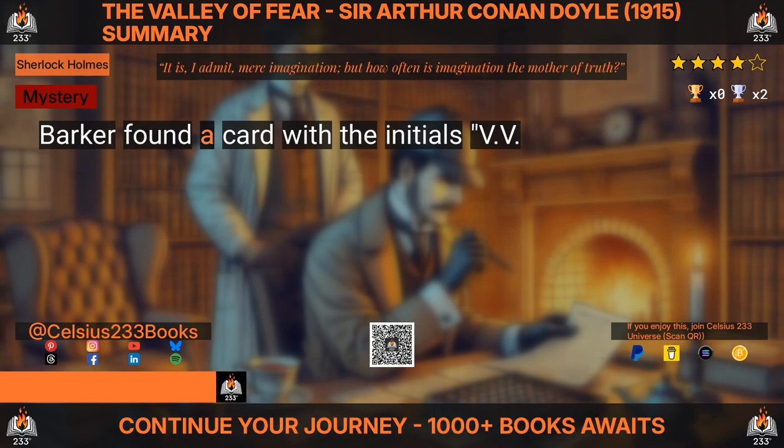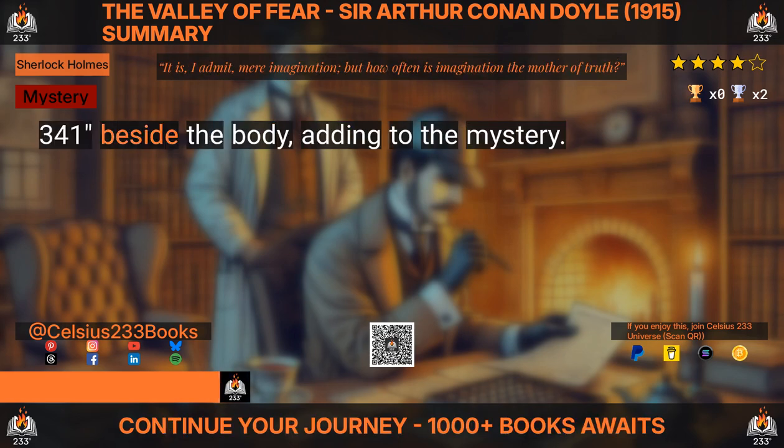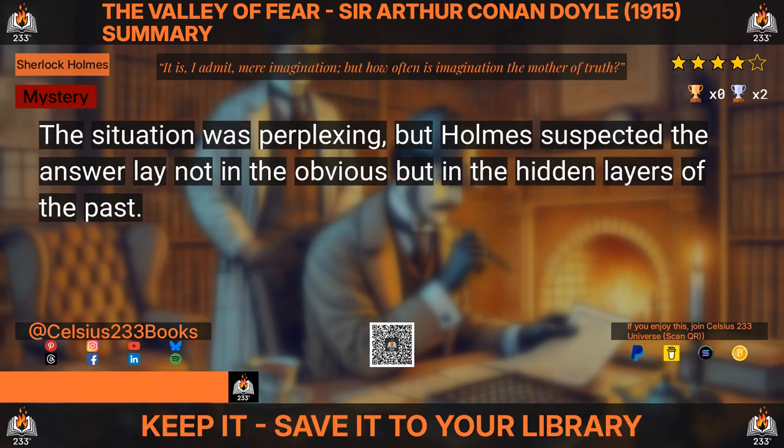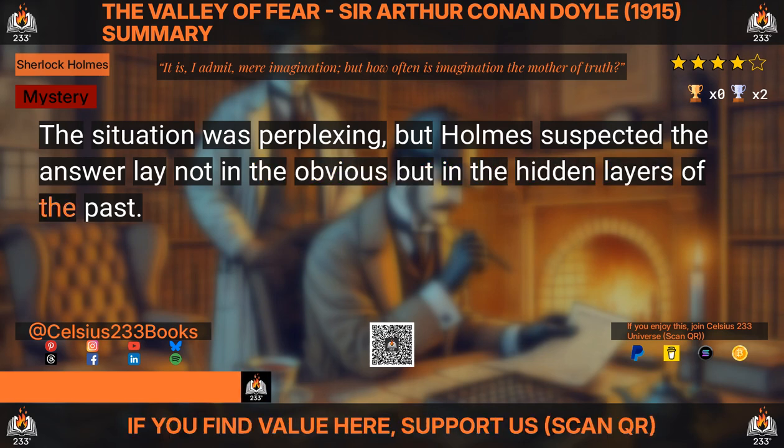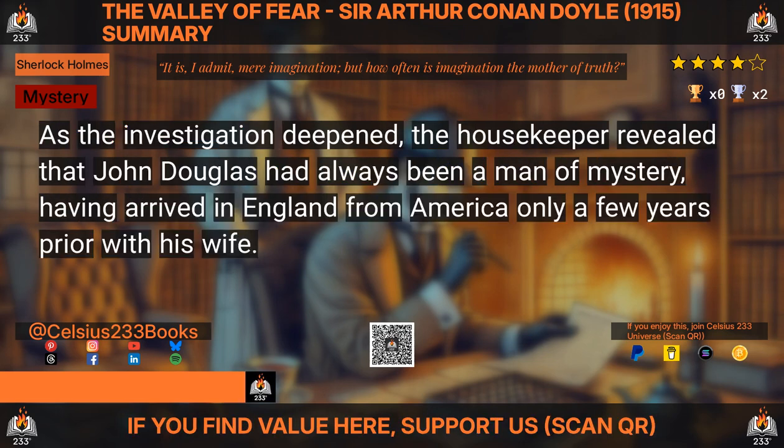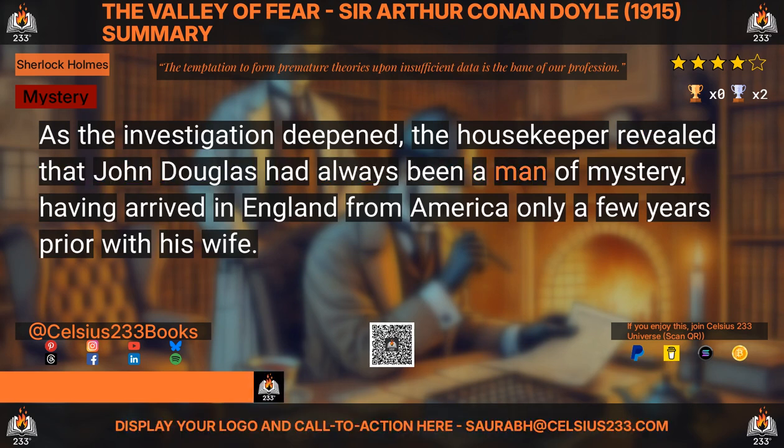Barker found a card with the initials VV341 beside the body, adding to the mystery. The situation was perplexing, but Holmes suspected the answer lay not in the obvious, but in the hidden layers of the past. As the investigation deepened, the housekeeper revealed that John Douglas had always been a man of mystery, having